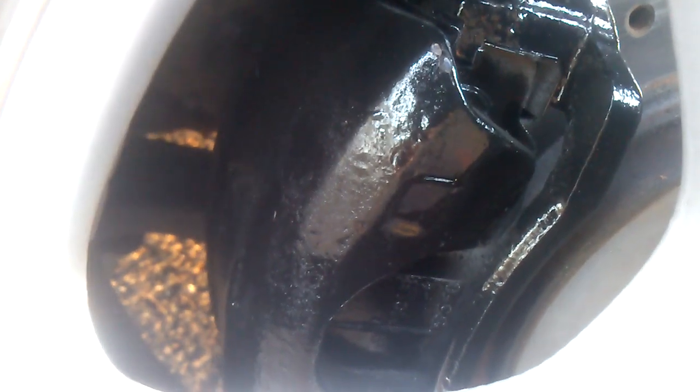Now you may notice here too that I do have cross-drilled rotors. They are from Stillen, and technically I didn't need to do this mod, but they do look good in my opinion, and the braking has been a little bit better. So this mod actually is more cosmetic than function, but it does have a share of function as well. And if you can see also, I have the ceramic brake pads, but I'm showing just the caliper,